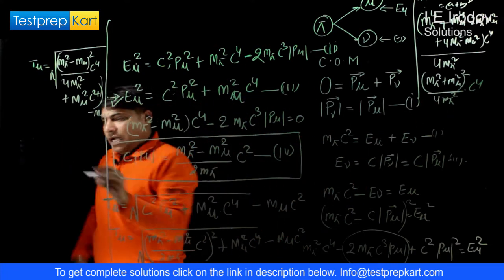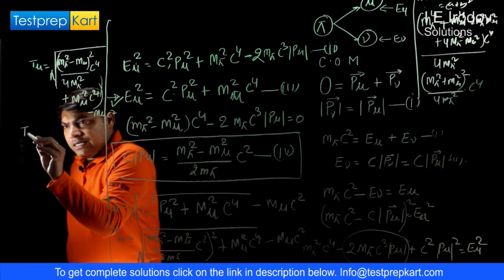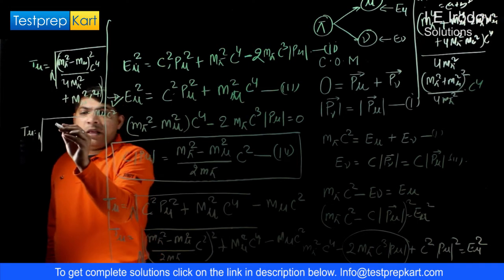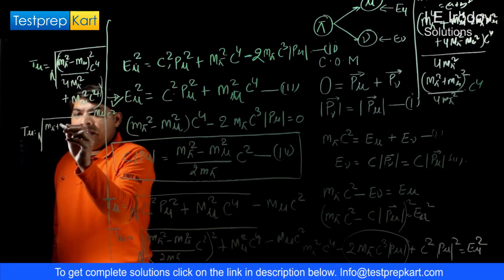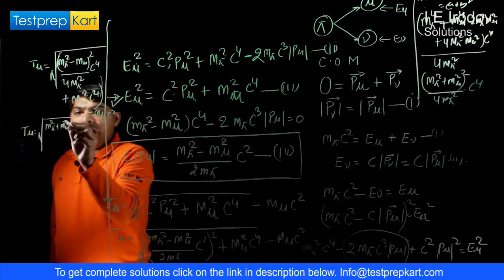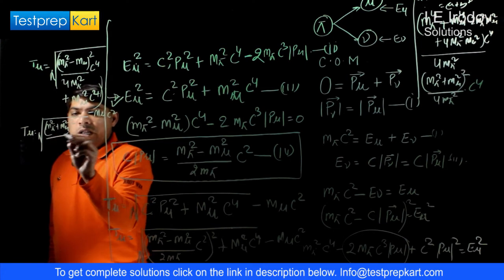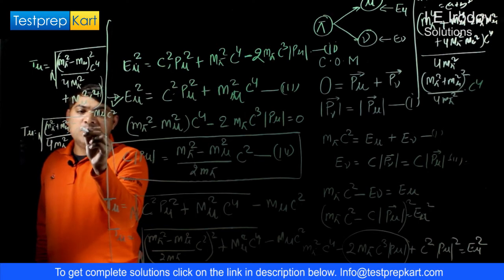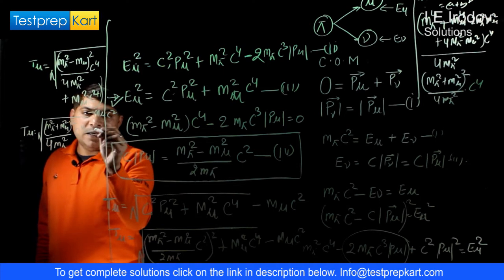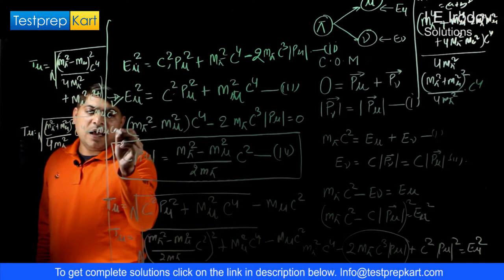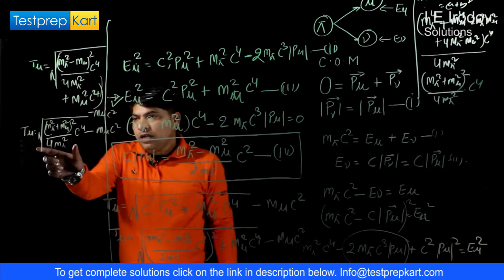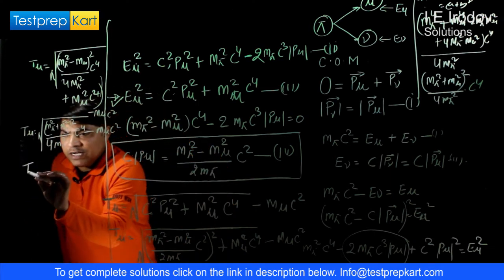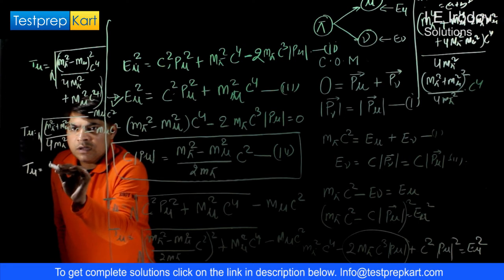So this can be rewritten as T_mu equals the square root of that, minus m_mu into c² outside of the root. Now if we just perform the root here,